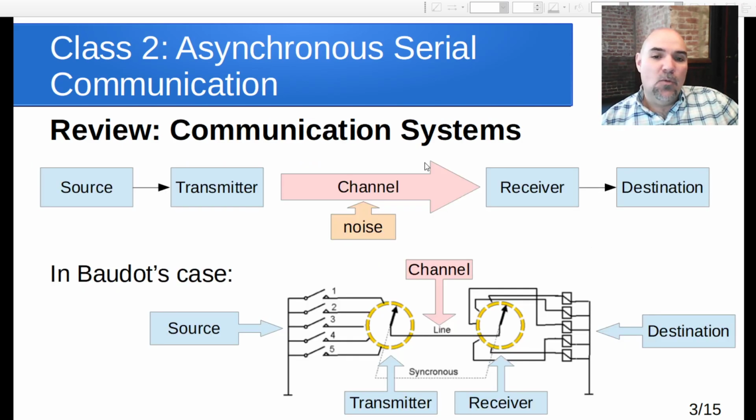Now, toward the end of the lecture last time, we looked at this general concept: you have a source, you have a destination. To get the data from the source to the destination, which is what communication is all about, we have to have it conveyed somehow across something. So there's a channel. And we have to have a way to get the data onto the channel. That would be the transmitter. A way to get the data off of the channel would be the receiver. And pretty much every communication system falls into